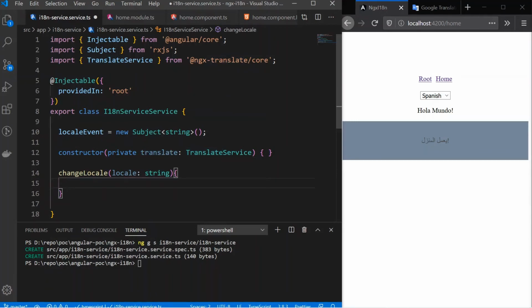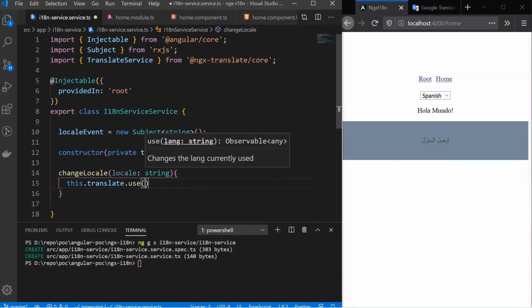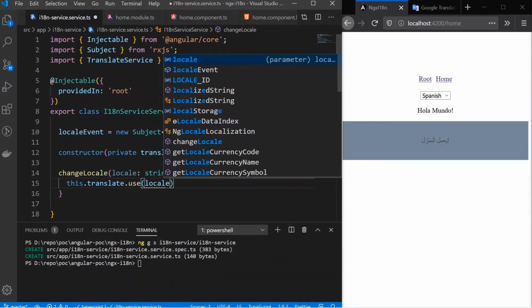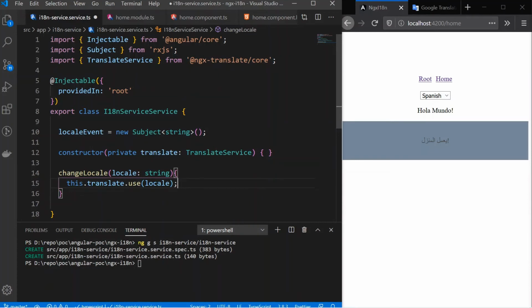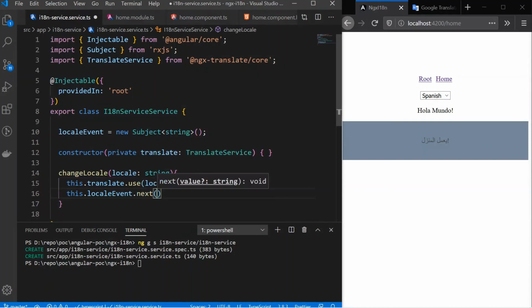So this.translate.use whatever locale is being sent. And we'll also fire the event. So this.localeEvent.next, we'll pass the locale value here itself. Let's save it.